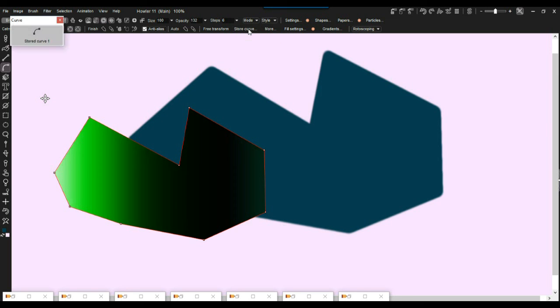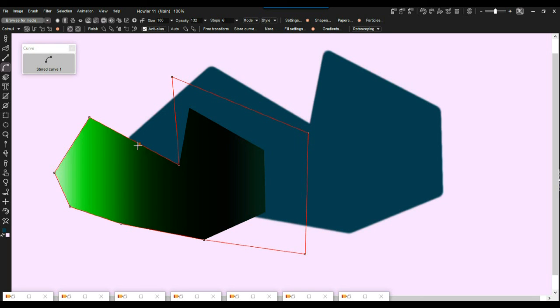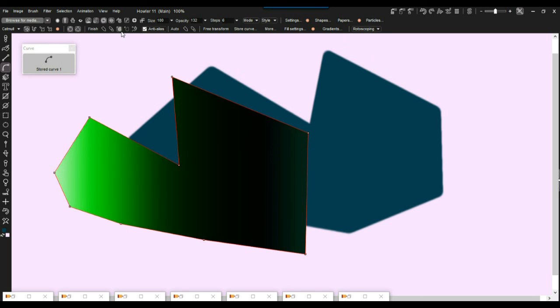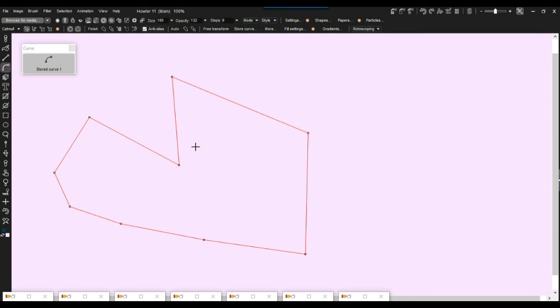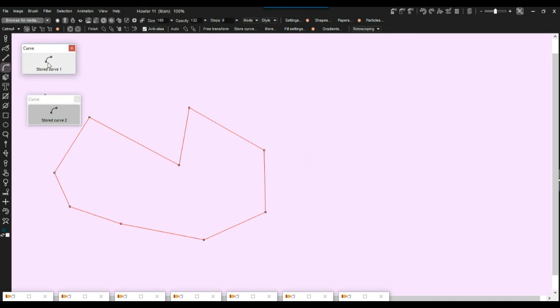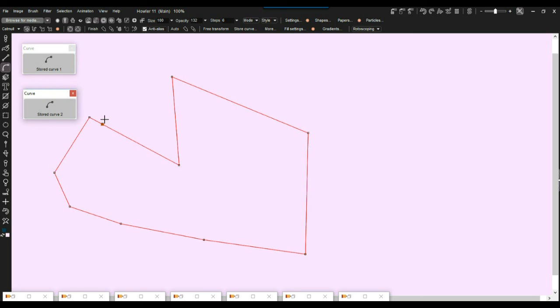So store this curve, and voila, this is one of the tools that you will use again. Let's say you change it to a different curve, something like this, similar but different, and you can see the effect, or you can render along the edge and do all sorts of other things with it. Well, that curve you may want to store too. So here is another store curve. Boom, now we have two curves. You can restore this one, simply click this. You can restore this one, simply click this. So this is how you can easily work with curves if you start storing some of them